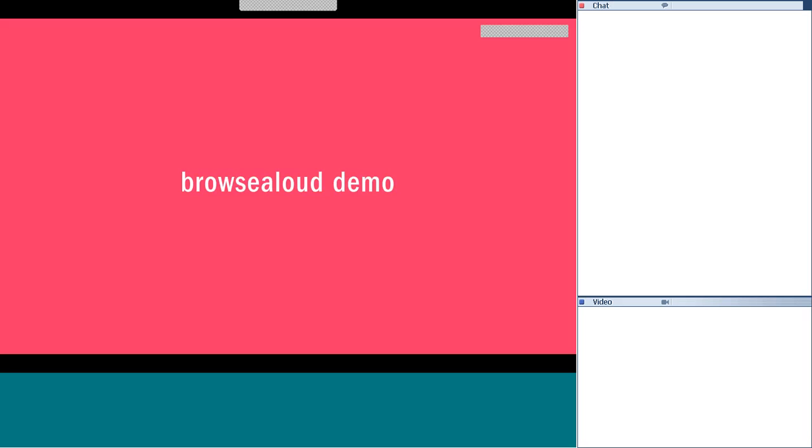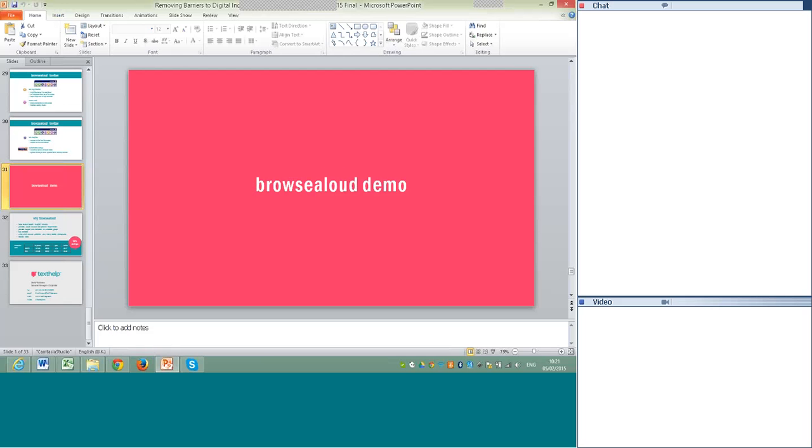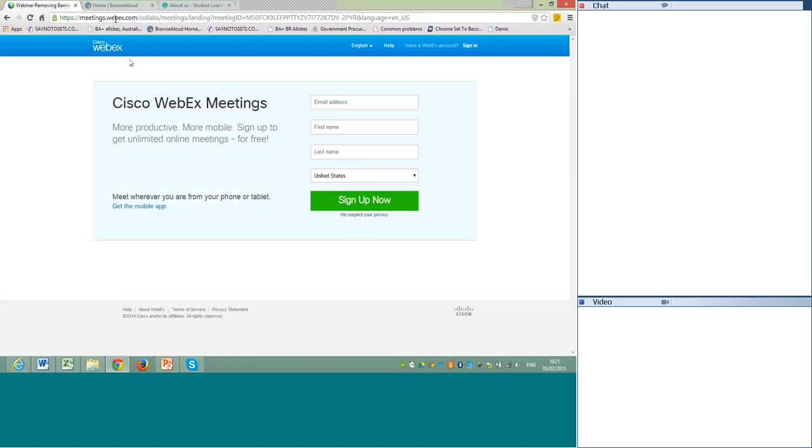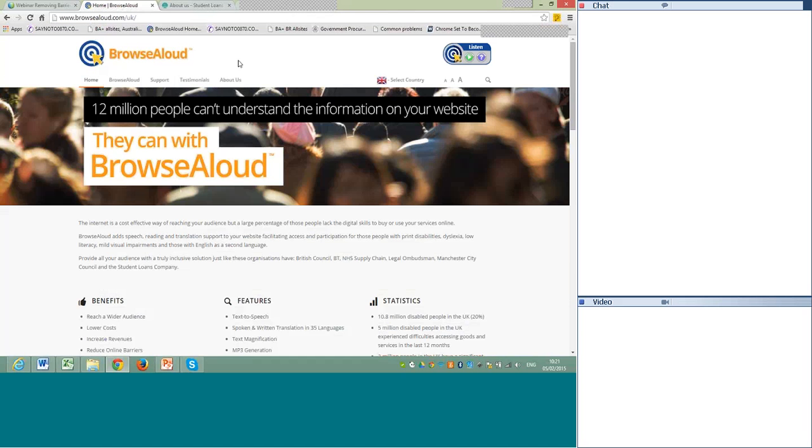So now we're going to go to the demonstration. And if you see my screen, this is the BrowseAloud website. I am going to use more than one website, and I am going to also work in more than one language. But this is the BrowseAloud website, and we have actually added 2 lines of JavaScript, which actually creates this panel here. And when I press the button, it launches a toolbar. And what I can do now is simply hover over text.